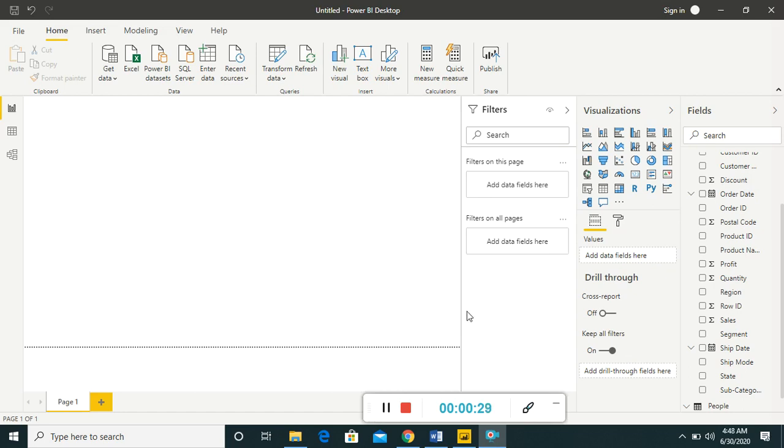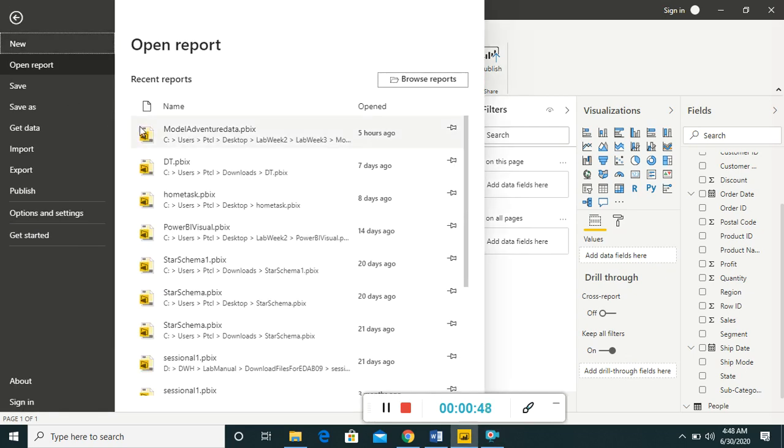The data we use is AdventureWorks data, and we use the same report which we made in last week's lab. So let's open the report. I have saved the report with the name Model Adventure Data last week.